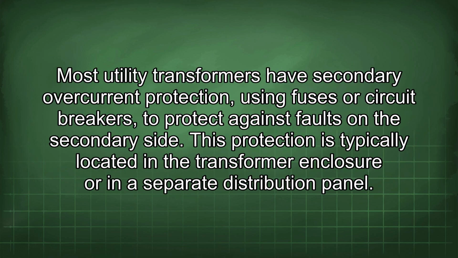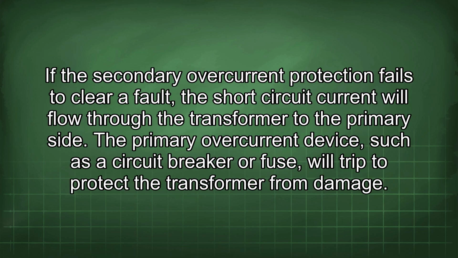side. Most utility transformers have secondary overcurrent protection using fuses or circuit breakers to protect against faults on the secondary side. This protection is typically located in the transformer enclosure or in a separate distribution panel. If the secondary overcurrent protection fails to clear the fault, the short circuit current will flow through the transformer to the primary side. The primary overcurrent device, such as a circuit breaker or fuse, will trip to protect the transformer from